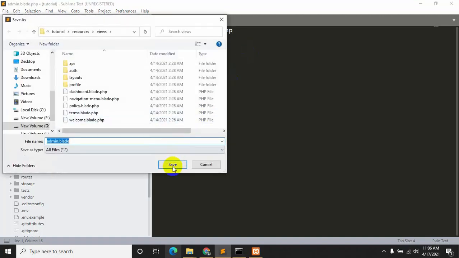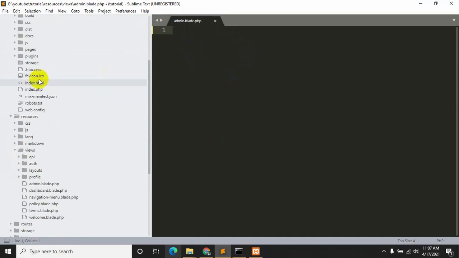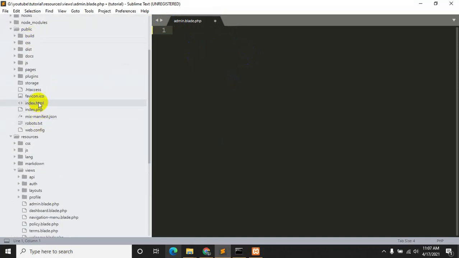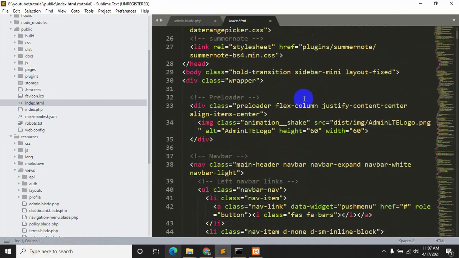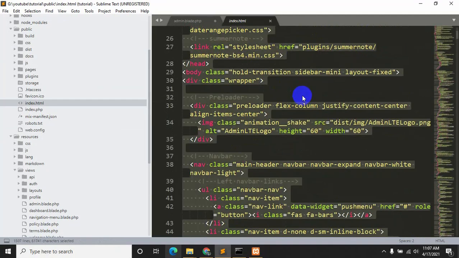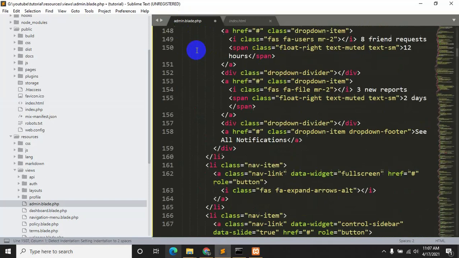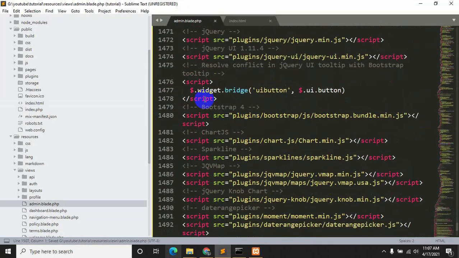Let's save it, Ctrl S. Okay, and we need to just go inside public, then index.html that we just copied from the admin file. We need to copy everything from here, Ctrl C, and paste it inside this file admin.blade.php, Ctrl V. Okay, so let's save it, Ctrl S.